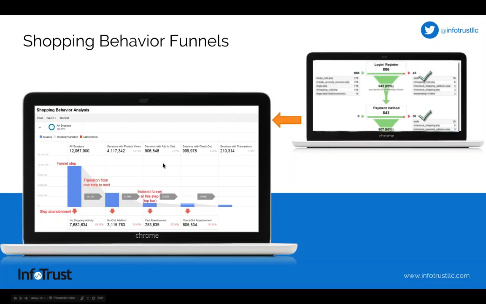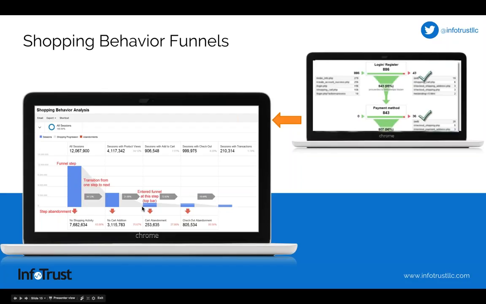An example might be if you have a custom platform that users can add to cart without seeing a product detail page or product detail view, they might enter at add to cart. So maybe on the homepage, you have some key products or things that you want users to engage with. They can add straight from there, and that might cause a session to begin as sessions with add to cart. So this is a really useful visual tool, but it's also very functional because you can actually click and engage with this report to build segments and then ultimately audiences for your remarketing and retargeting campaigns as well. So this is powerful.